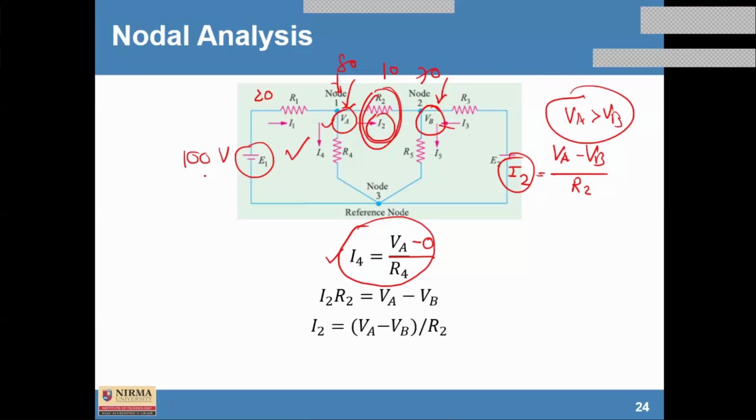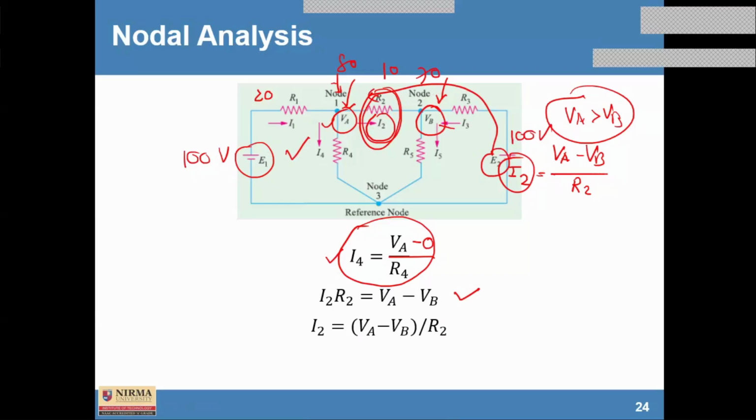Now again, here the value of E2 is, say for an example, 100. Fine. So you can start from here also and calculate accordingly. But here normally we consider from left to right, assuming that there is a difference. Now suppose you consider that node 2 has a higher potential compared to VA, then in each and every different equation you write, you have to assume in that way also. Similarly, in mesh analysis, we consider the direction of current. So similarly here we have to consider at which point the node potential is higher.